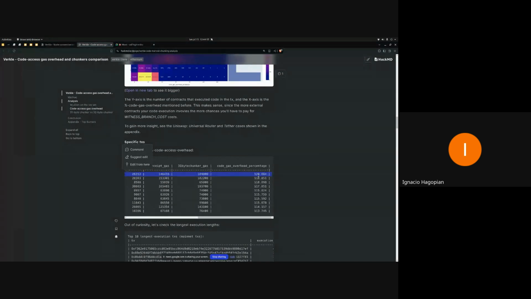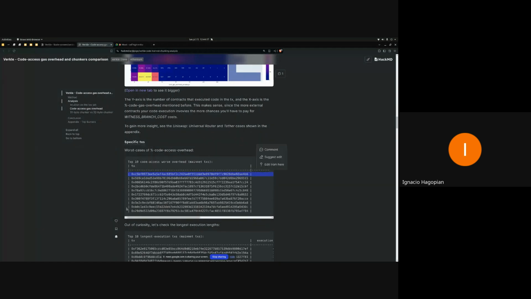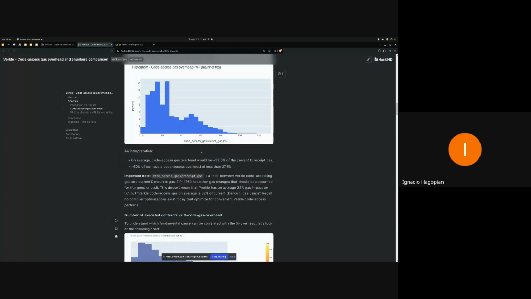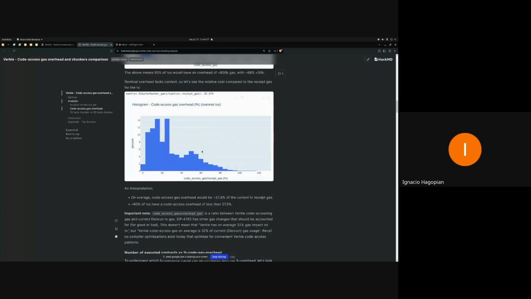These are outliers. So these kinds of things might be useful to maybe better understand these weird cases. So yeah, the TLDR is basically that number. Of course, there's much more detail that you can find in the document.